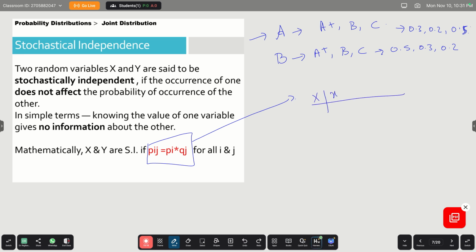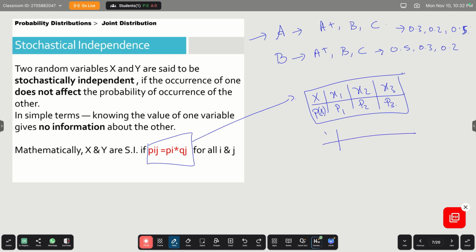I have already explained what P1, P2, P3 are: the probabilities that x takes the values x1, x2, x3. Similarly, you may have the probabilities that y takes the values y1, y2, y3, with the probabilities q1, q2 and q3. Suppose these are the marginal distributions, marginal distribution of x, and this is marginal distribution